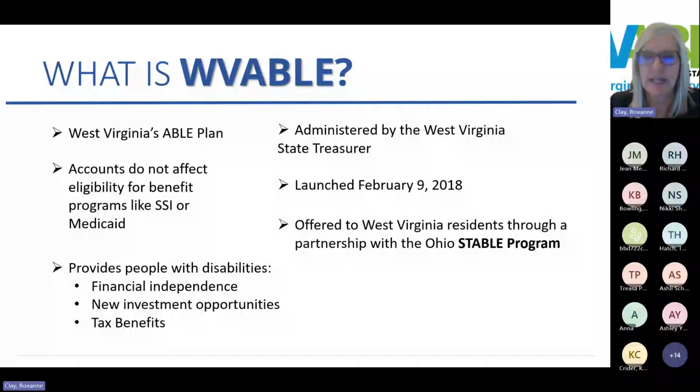Ohio was the first state in the nation to develop their STABLE program back in 2016, and know that 13 states make up the STABLE account program. This includes Kentucky and also some close by states, Georgia and South Carolina. Now, since STABLE is a national plan, if the account beneficiary here in West Virginia were to move out of state, the plan will automatically follow them. So nothing will change about their account. They can still use their existing login and STABLE Visa debit card.